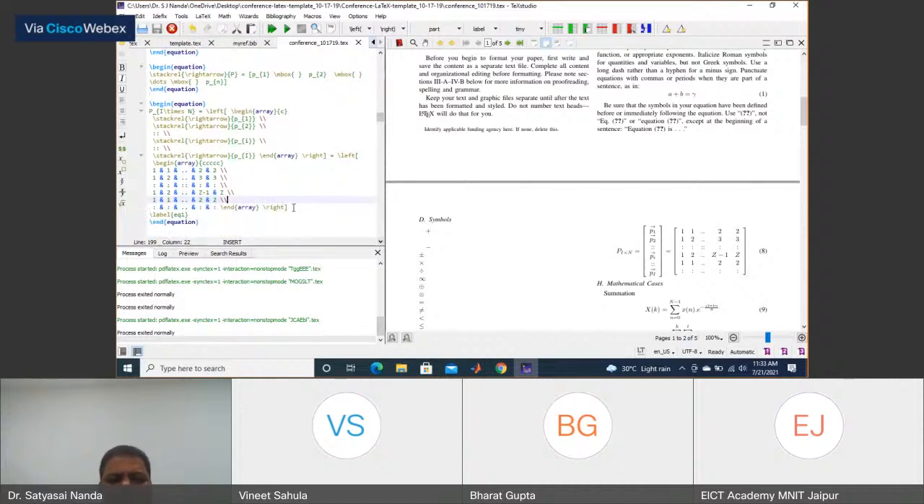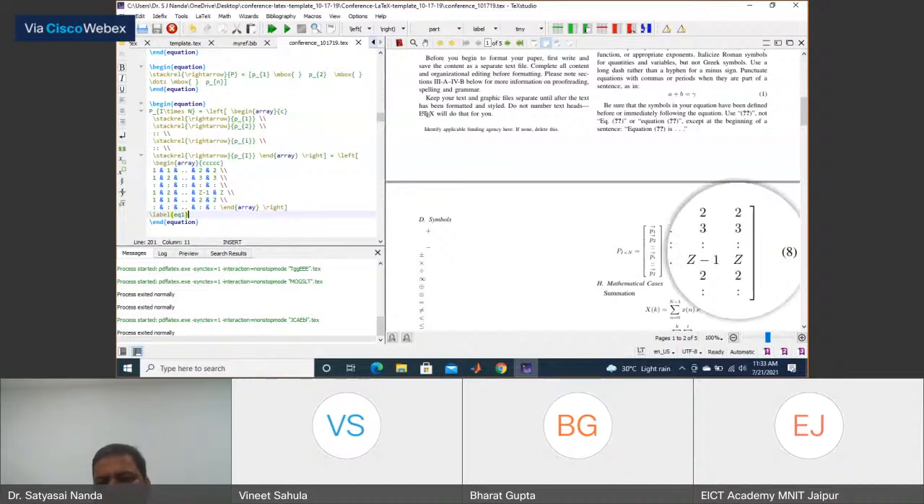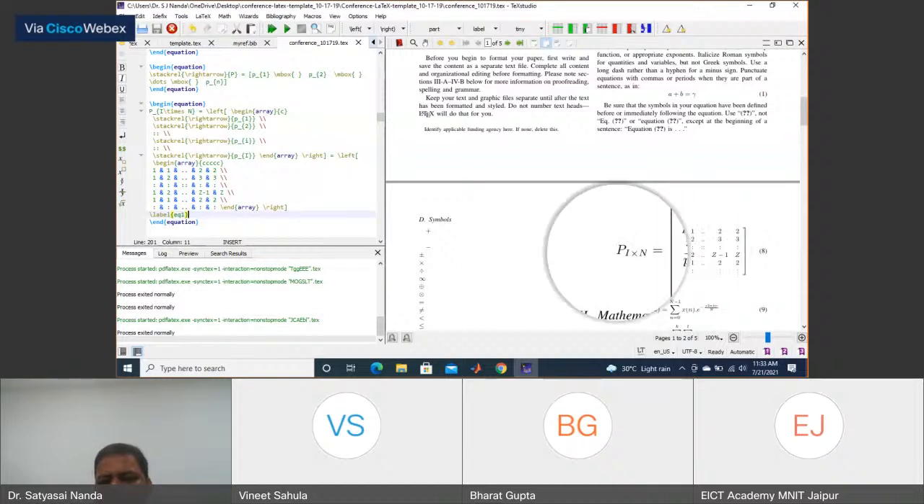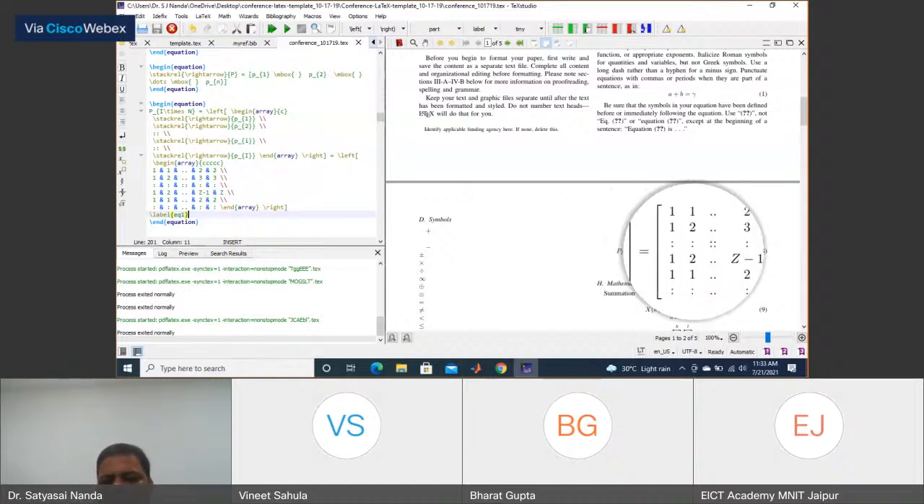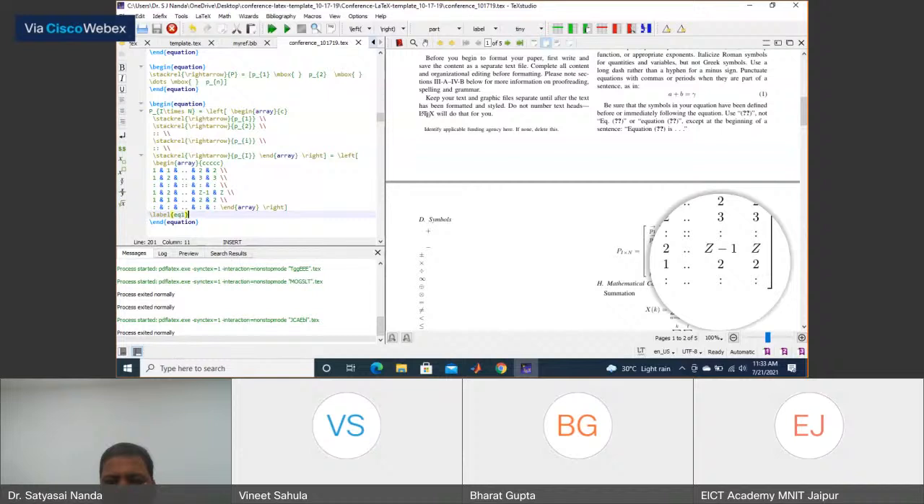So at the end you have to end the particular array which you have created at the beginning, and then slash right, and the right side bracket will close. So this is how you have created the matrix over here using the